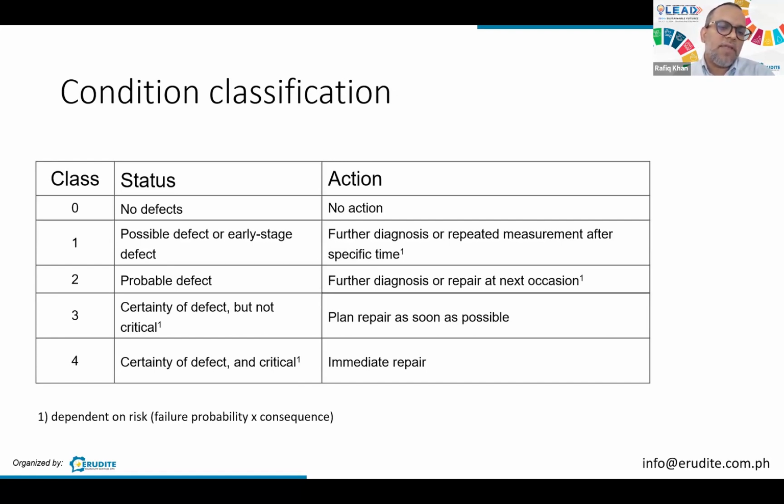Then you need to really look at further diagnosis, and then you need to look also at the decision to repair at the next occasion. If you know that it is a defective part, you don't want to run it for many more years, but you want to repair at least at the next possible time when you have a shutdown, for example. When you already are sure that there is a defect, an example that I can give is a partial discharge measurement, and you know that there is a partial discharge development in your power cables.